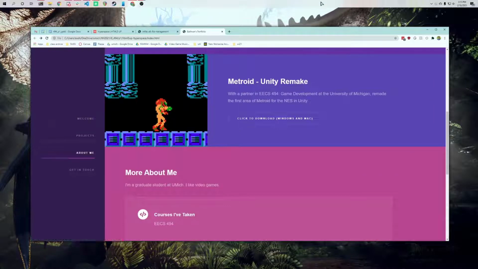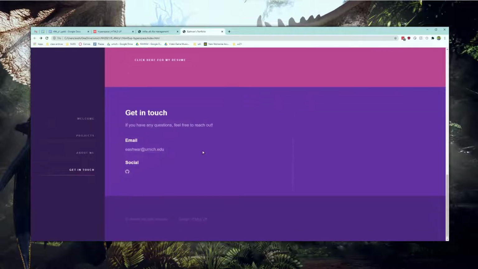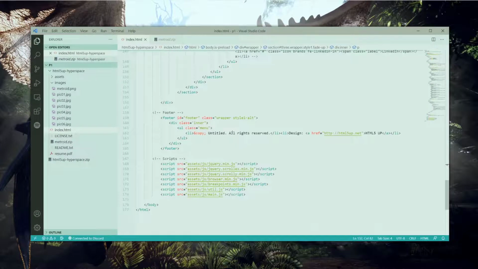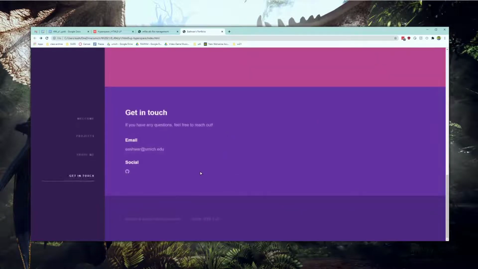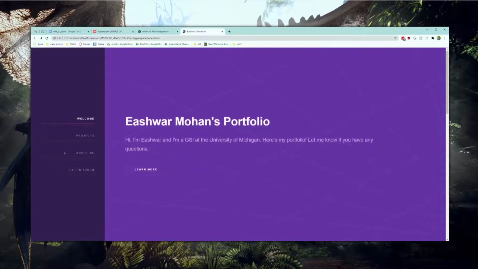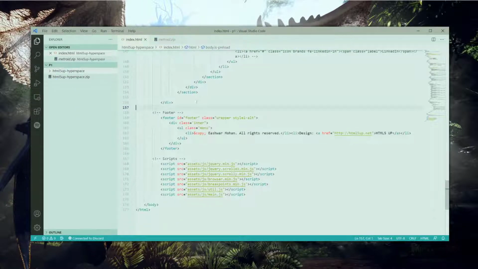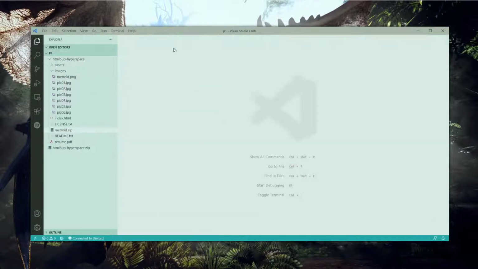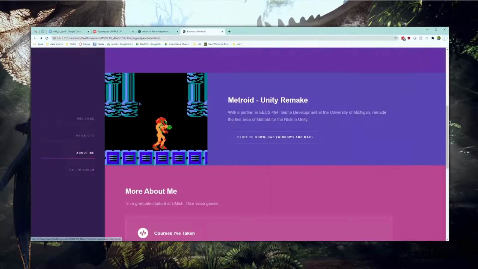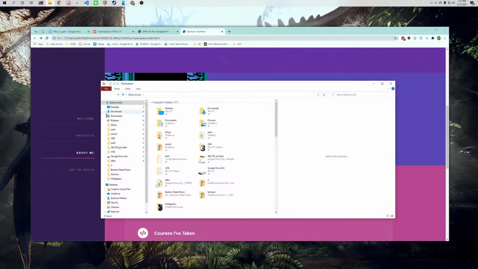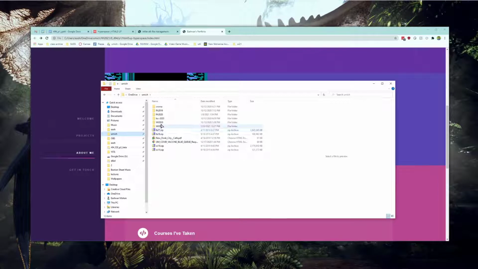So we have gotten all our modifications in to get this done. The last thing we're going to do, we're going to change the copyright to us. I'm going to change the copyright to me. And we are pretty much prepared to go ahead and host this on the U of M hosting. So what I'm going to do is